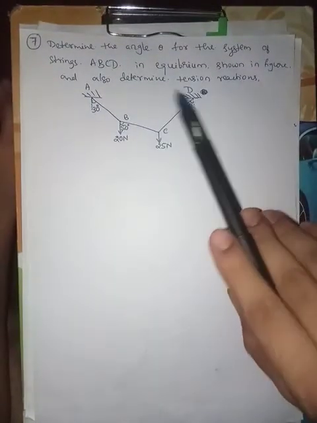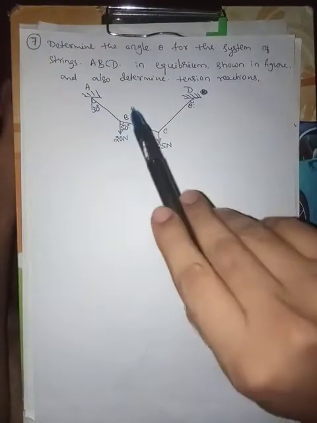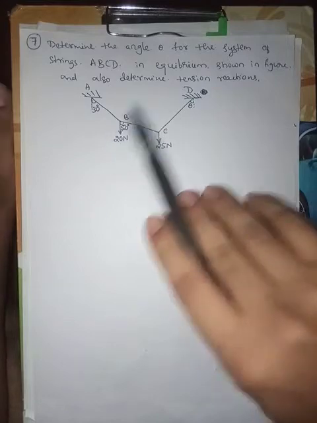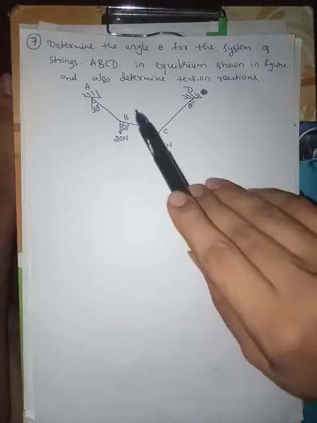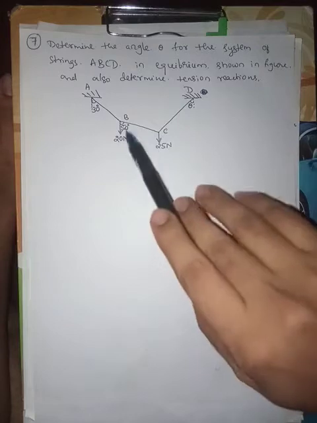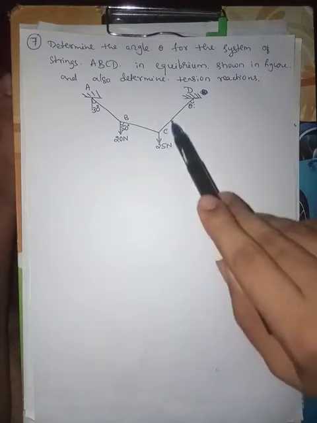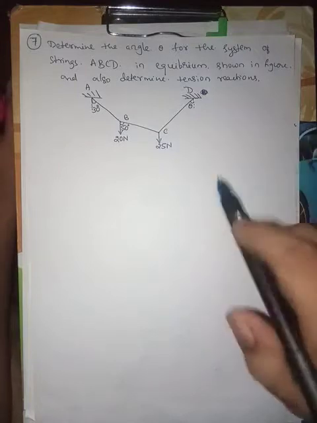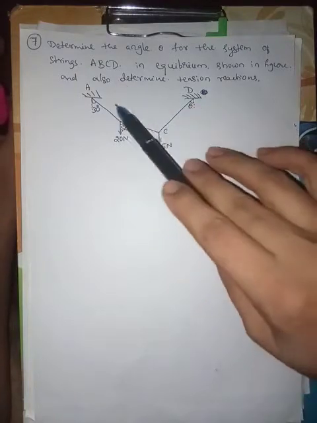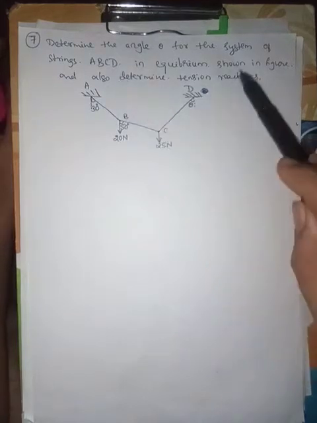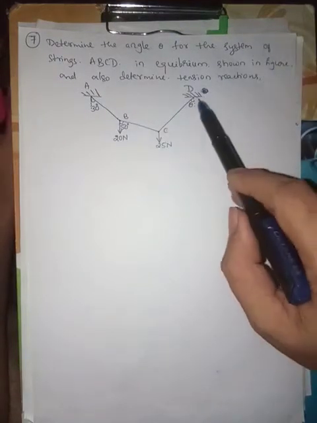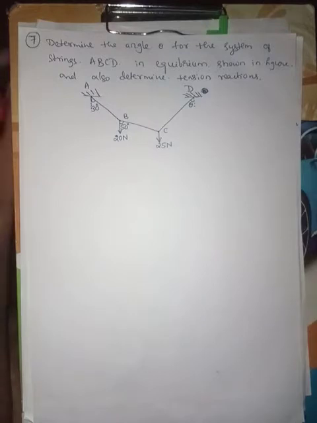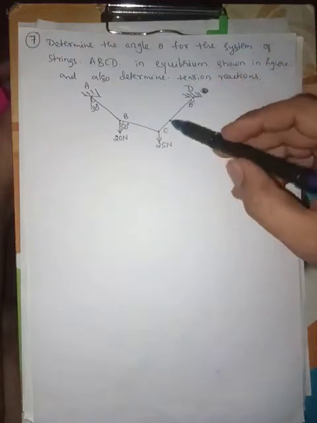Okay, so if we look at the figure, a string connection ABCD is connected between two ends A and D. At the intermediate points B and C, it is subjected to a load of 20 Newton at B, and at C it is subjected to a load of 25 Newton. So they asked us to find the reaction at all the points, and also this unknown angle theta. So first we need to draw the free body diagram at point B and at point C.